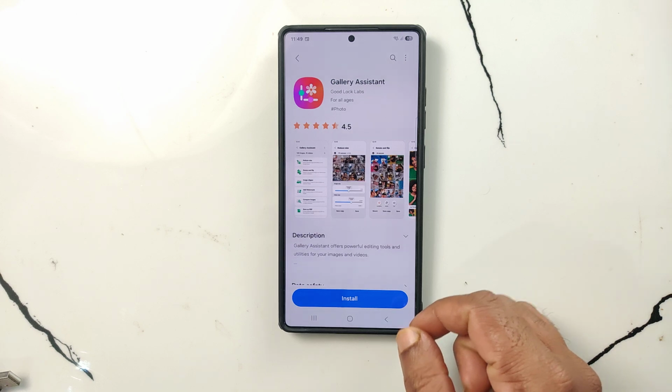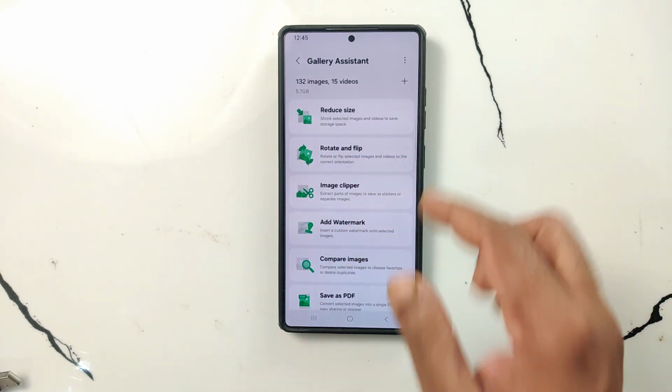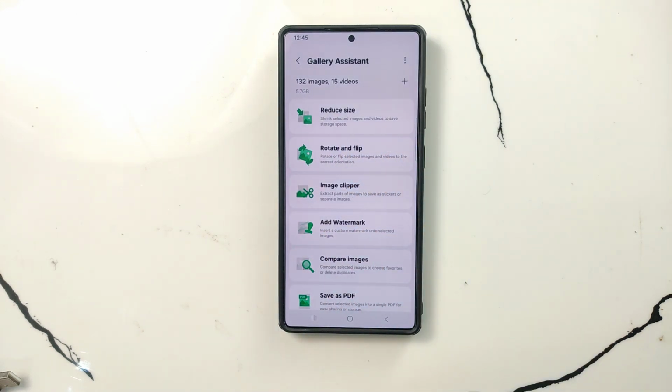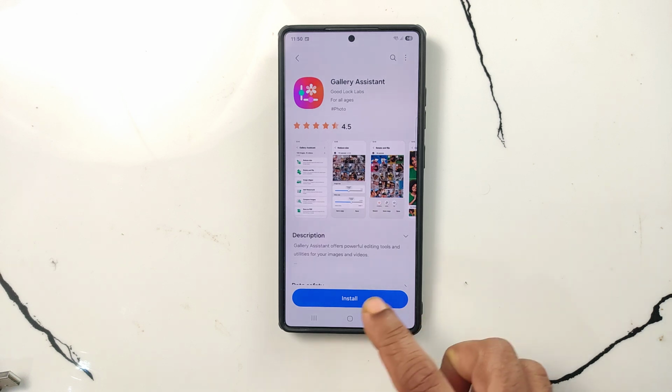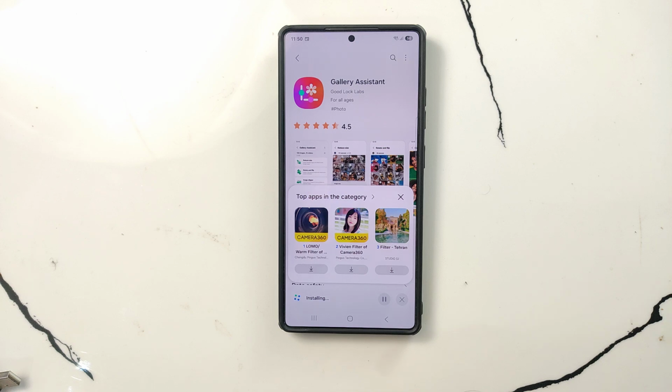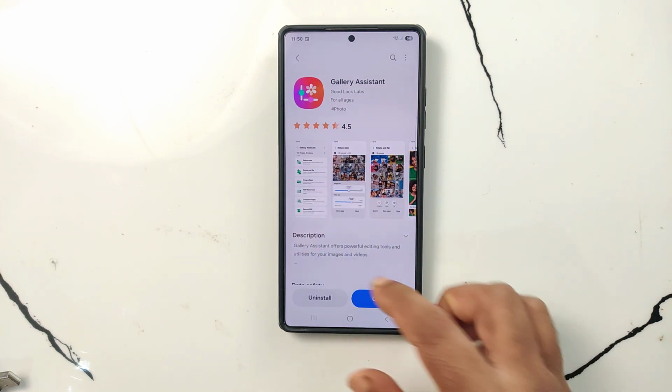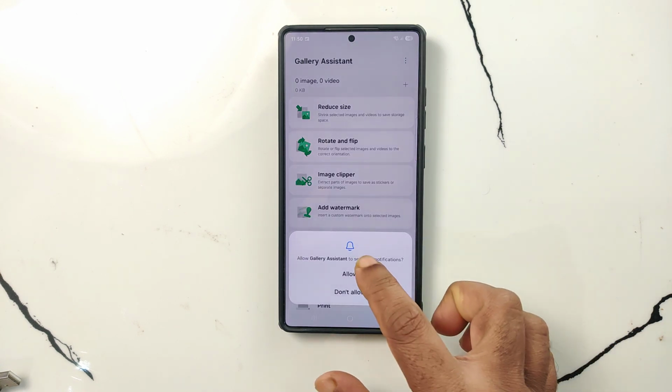Tap it and it has functions like reduce size, rotate and flip, image clipper, add watermark, compare images, save as PDF. So it is useful functions. And you can simply convert 500 images at once, or videos. So simply click install, then it will download, and you can see here